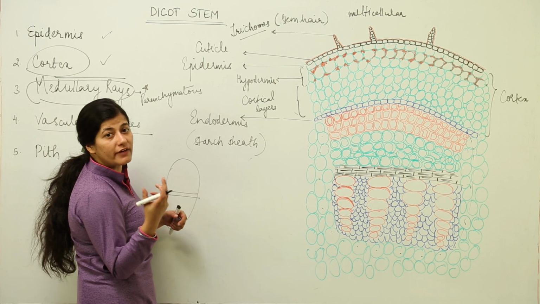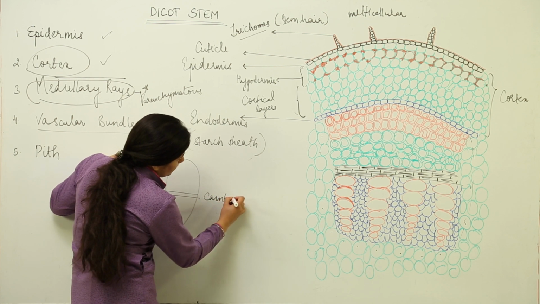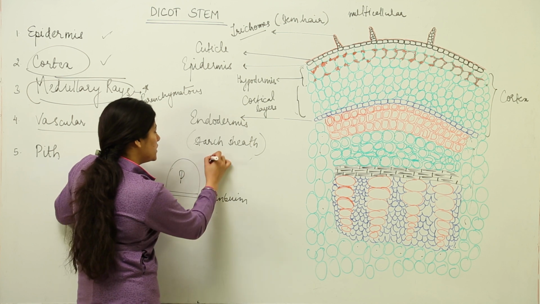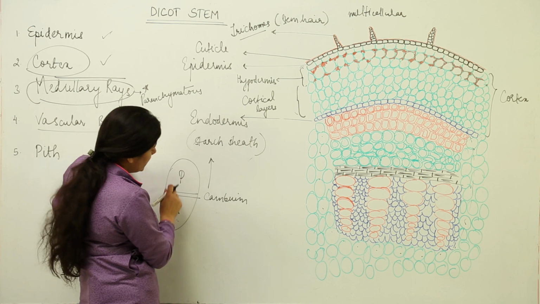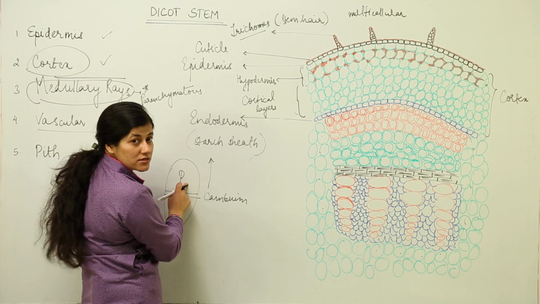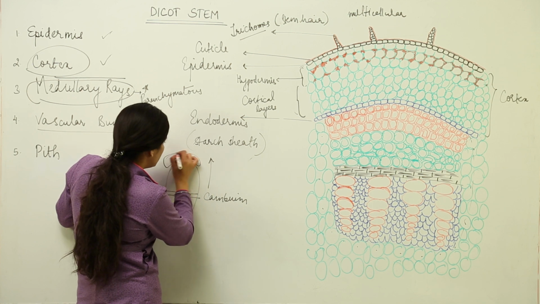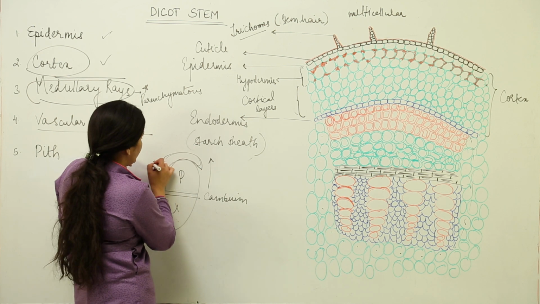And why do we call a vascular bundle open? If it is having a cambium in between. Such is the arrangement that phloem lies towards the periphery, that is outside, and xylem lies towards inside. There is a cambium, there is a phloem, there is a xylem. This phloem has a cap-like patch of pericycle